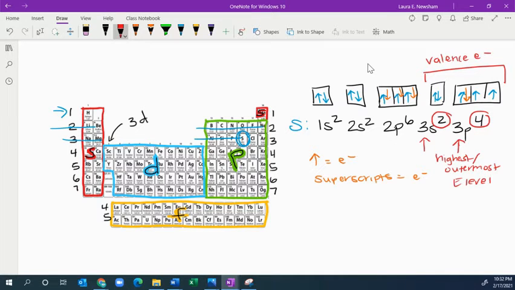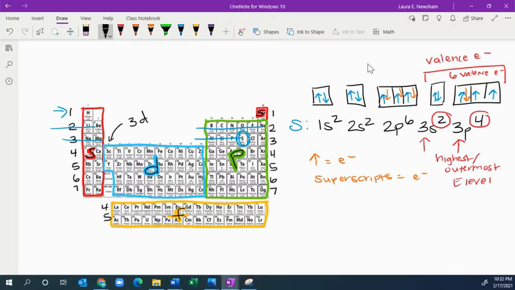So you can see that I have 1, 2, 3, 4, 5, 6 arrows here, 6 valence electrons in sulfur. Now let me give you a couple of hints. Instead of trying to memorize that S gets 1 box, we know that we can have no more than 2 arrows. So if you go into this S area, on any given row, how many boxes are there in